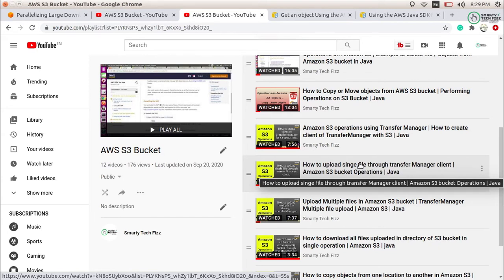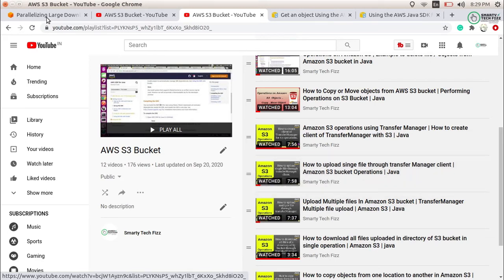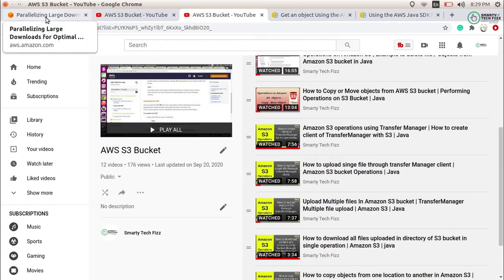That is a normal download, and it will parallelize the large file download. So I am not going to implement the same in this current tutorial, so you can go through that video. Now this is the first way for downloading the large file.